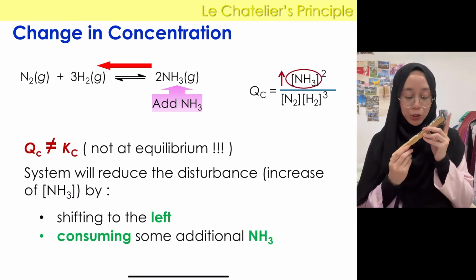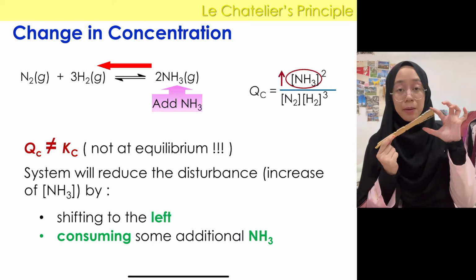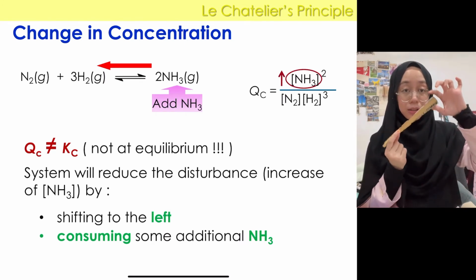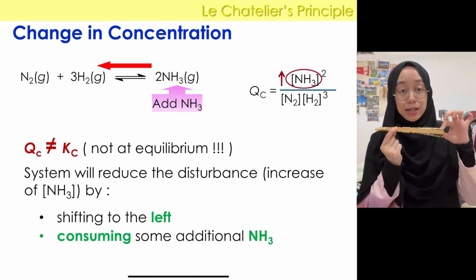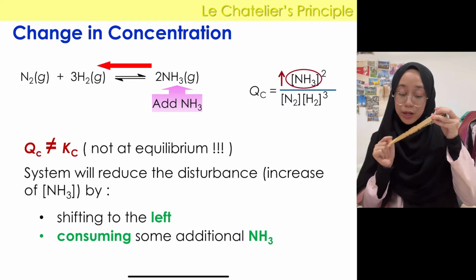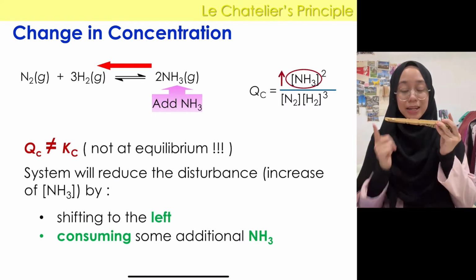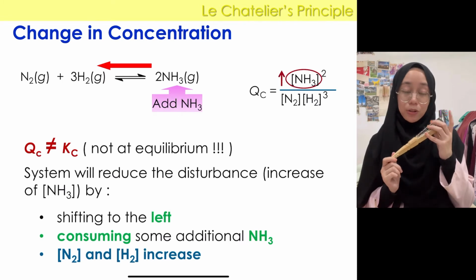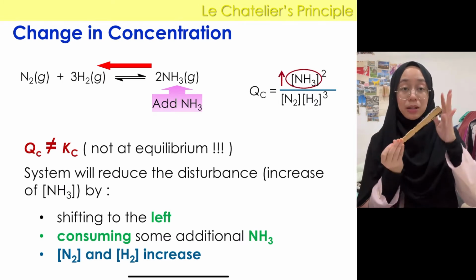It will consume the additional ammonia that you added earlier. So when it consumes, it means the concentration of ammonia will decrease. Okay, but what happened to the product? This is the product. So what happened to the reactant? The reactant will increase. So in terms of concentration, for our nitrogen gas and also hydrogen gas will increase, but ammonia itself